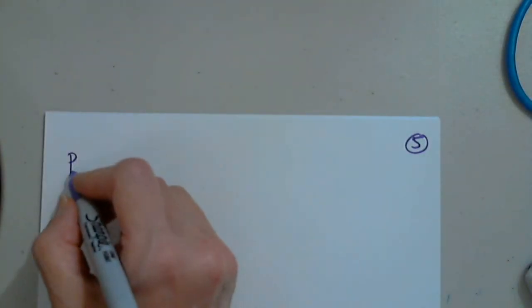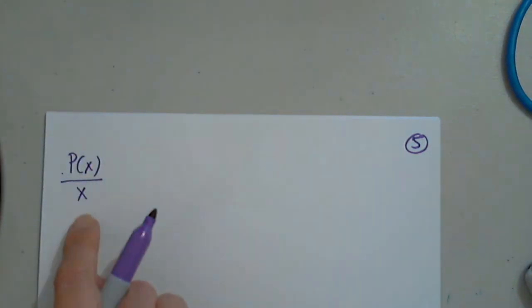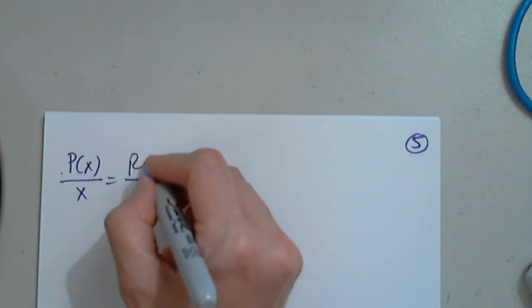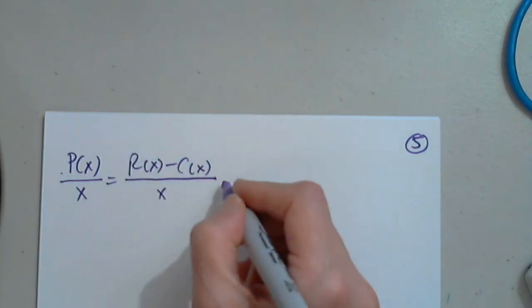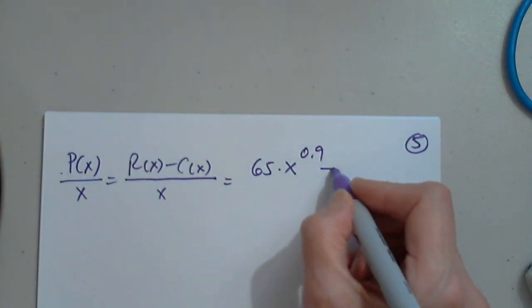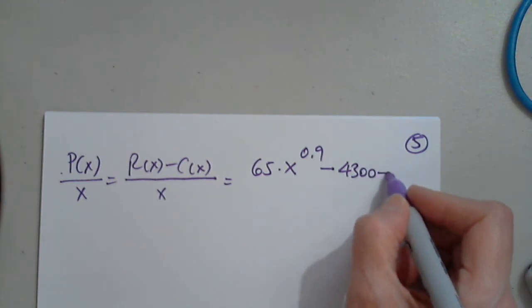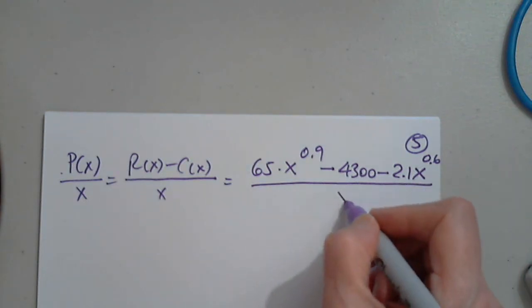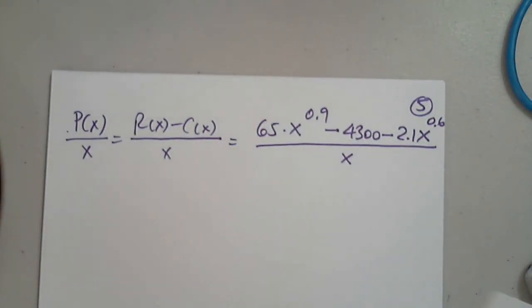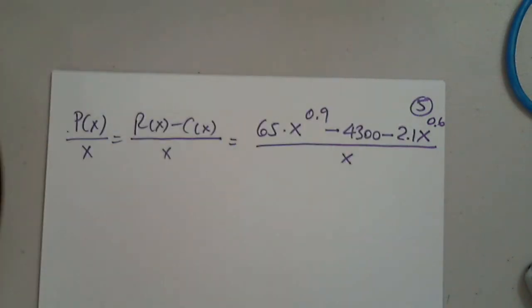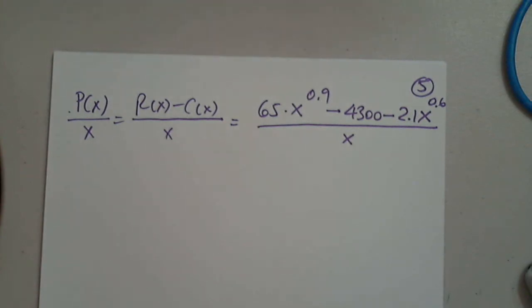Very good, awesome, thank you. So the profit divided by x, which is the average profit, will be the revenue minus the cost divided by x. Revenue, 65 times x^0.9 minus, remember, 4,300 minus 2.1 times x^0.6 divided by x. Because we have to subtract all terms that are in the cost function. And that's what we do. Okay, so then